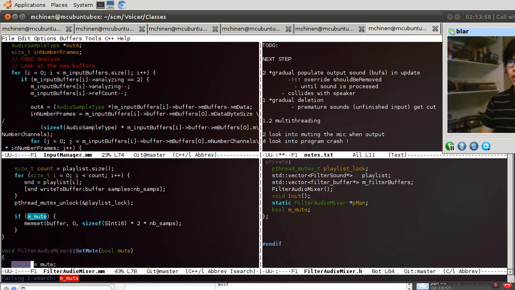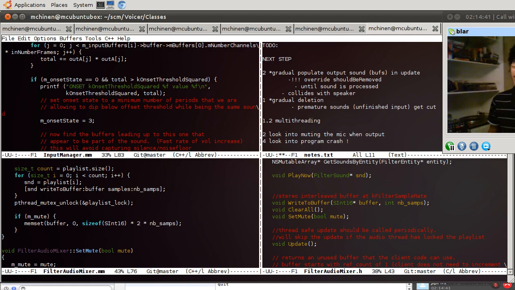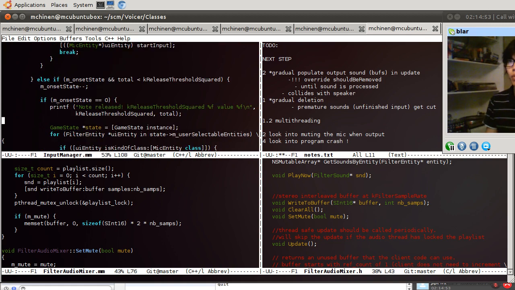So how's that look? This will do the trick, right? We just need to add set mute right here. So now we've got set mute. And we're just waiting to use it. This is tricky now. So I realize now this should be interesting. This is only going to solve half of the problem. Okay, so